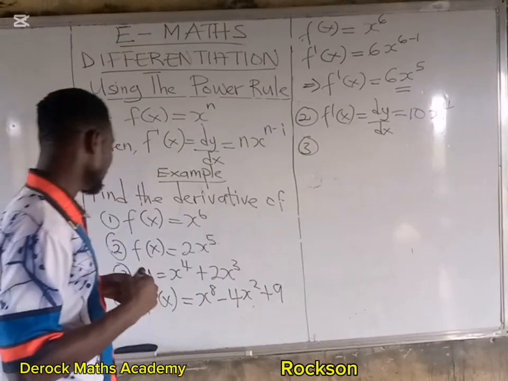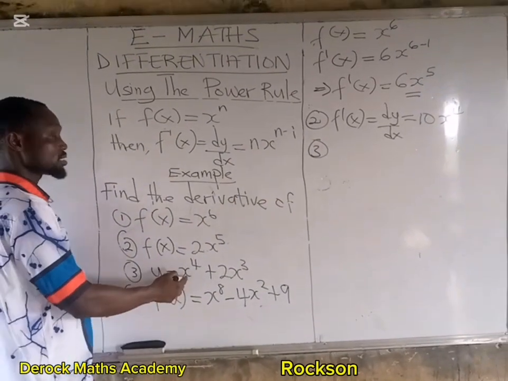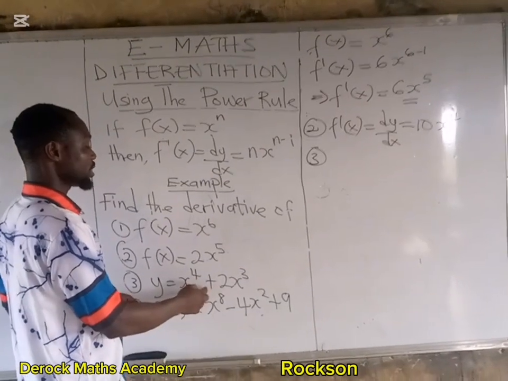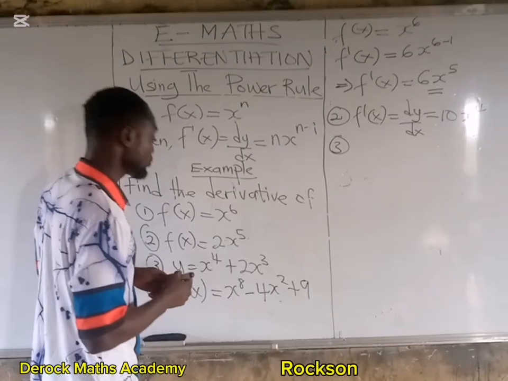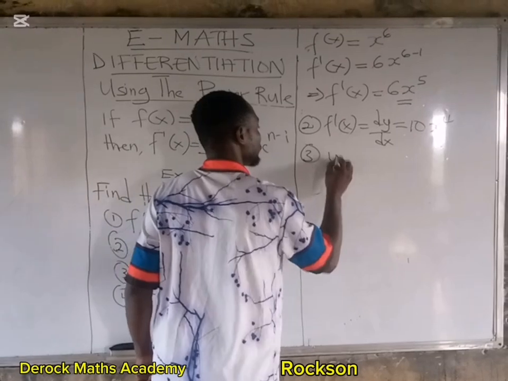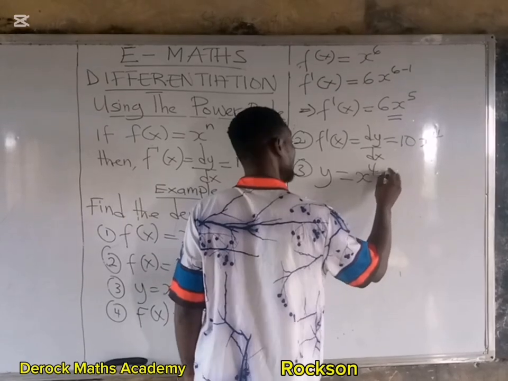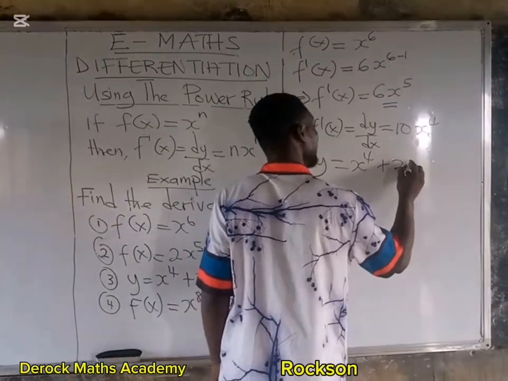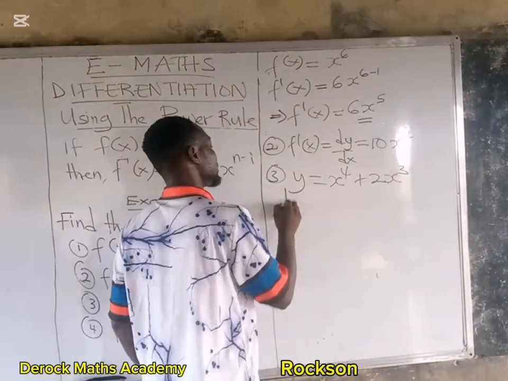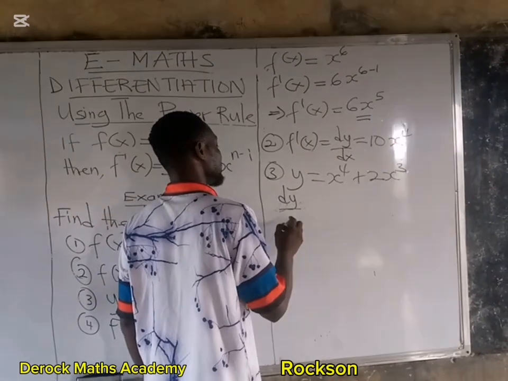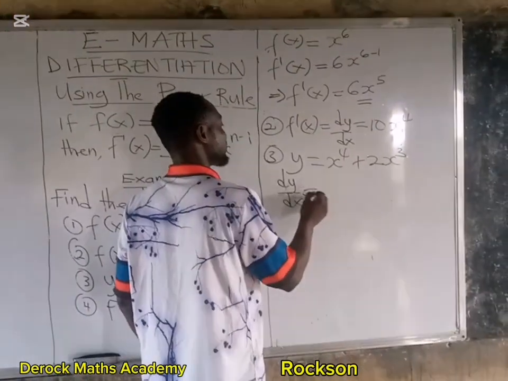Example 3. I have y equal to s to the power 4 plus 2s to the power 3. So the derivative of the function, that is dy over dx, will give us